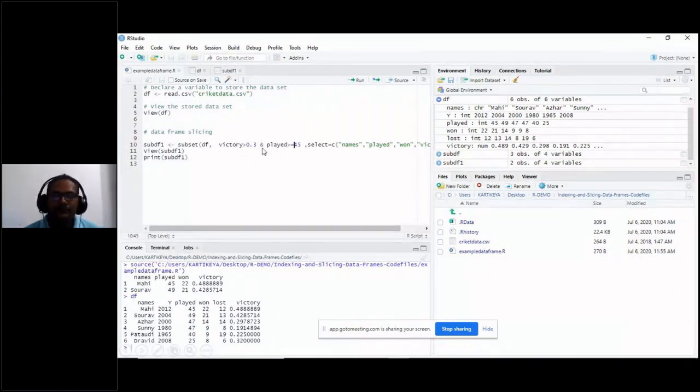Sometimes when you are working on online compilers, according to the package, some packages will refer to the AND condition as using two AND symbols, or they can be displayed by using a bracket. You have to write victory greater than 0.3 comma played greater than or equal to 45 in parenthesis for the AND condition.